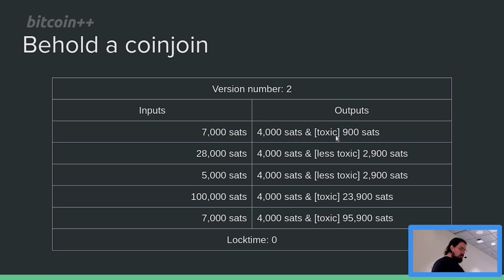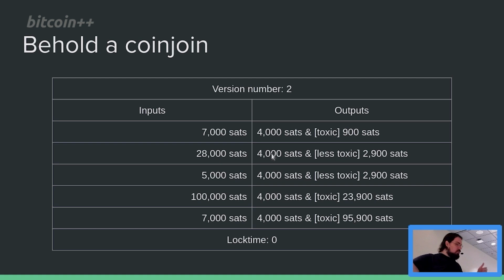Like you can pretty easily tell that the guy who had 5,000 sats has one of these 4,000 sat outputs, and he's also got the change of 900 sats. And that's toxic because you can easily identify that it must belong to the guy with the smallest amount. But yeah, the equal amounts help with coin joins, and so that's kind of what we want to build,